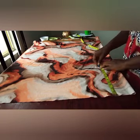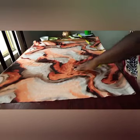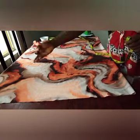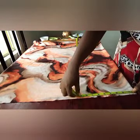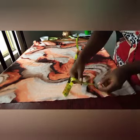And I will take my bust point. At the bust point, I'm going to divide bust into 4 plus 1 inch seam allowance. This is just a guide for the bust because the measurement we're taking actually is going to be wider than the bust. Now at the shoulder line, I'm going to mark the shoulder, divide by 2, and then from that